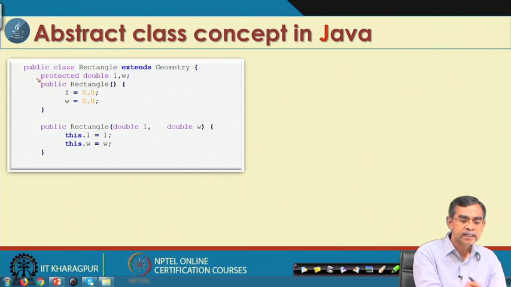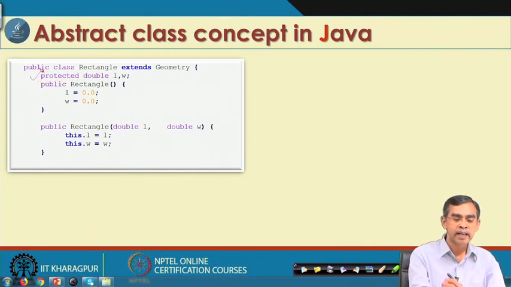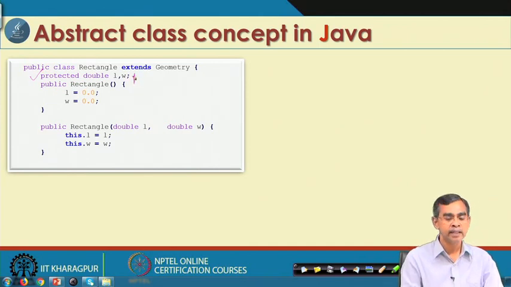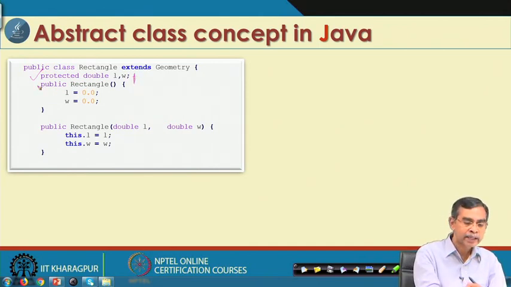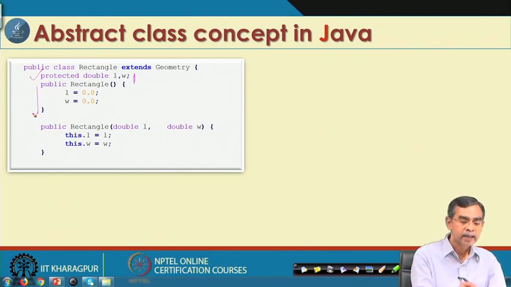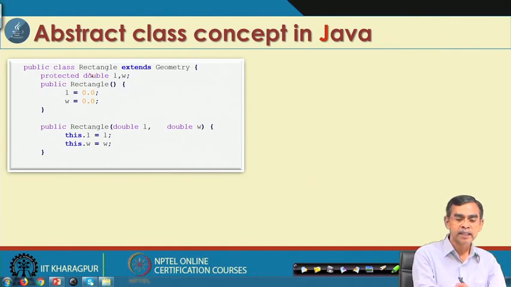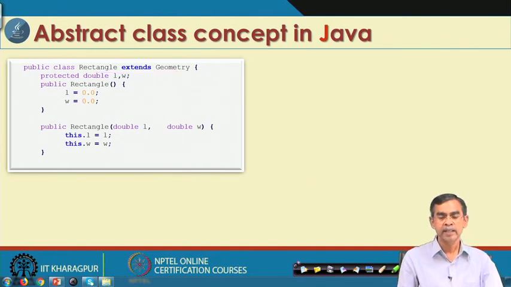This is one member declared as protected, that means L and W will be accessible to its inherited classes. Then there are the constructors: this is the default constructor, and this is another, special constructor with two arguments to be passed. So, this is the class declaration, and as we see here, it is an inheritance from the geometry class, that is, the rectangle class inherits geometry.